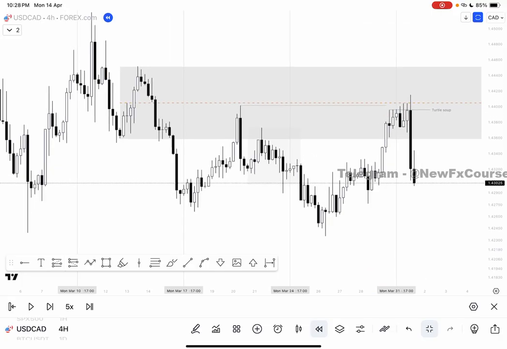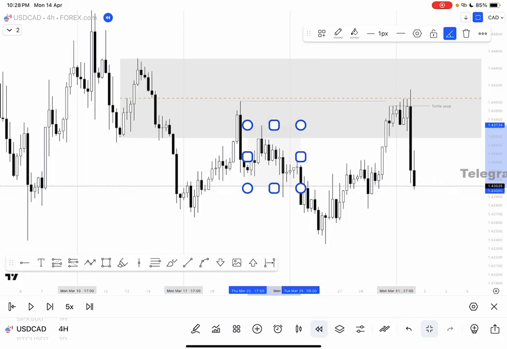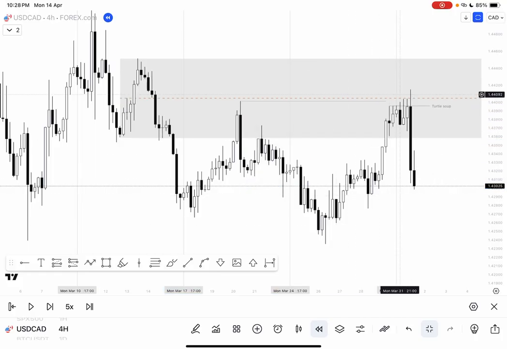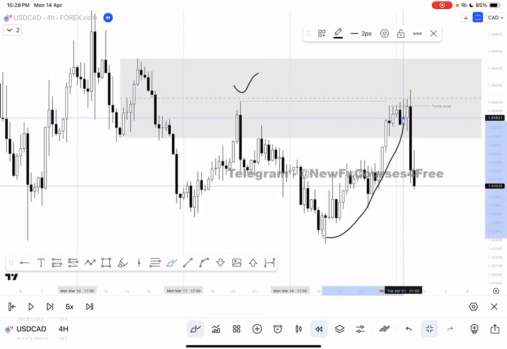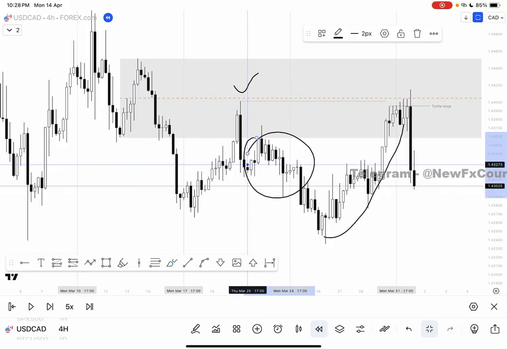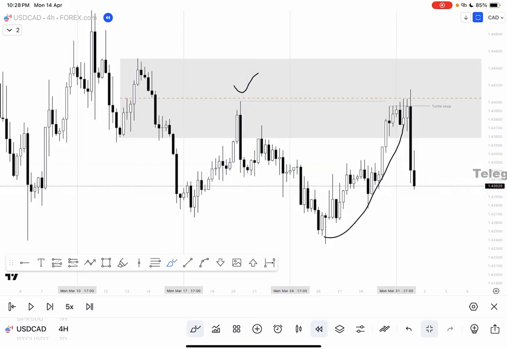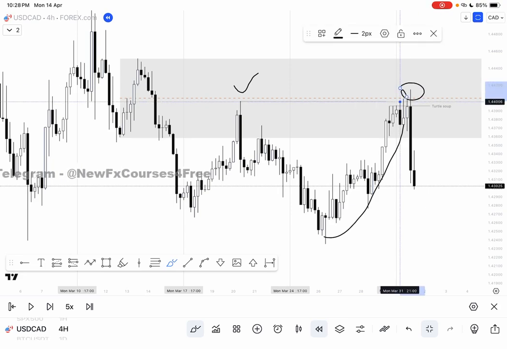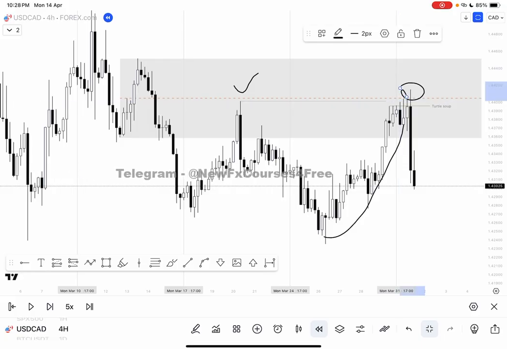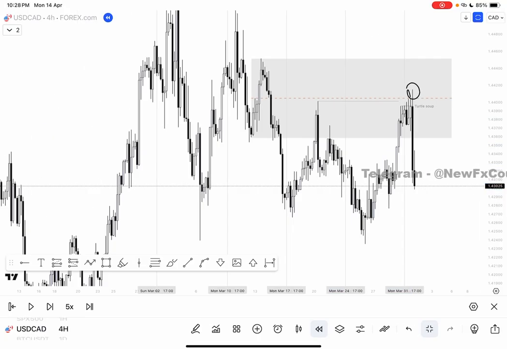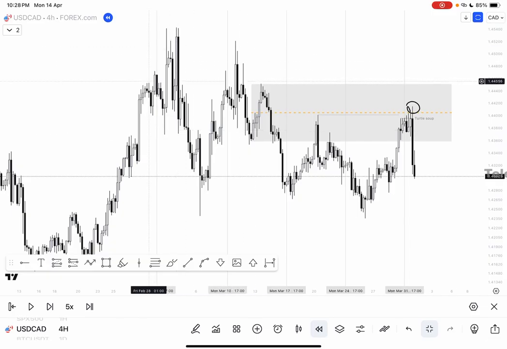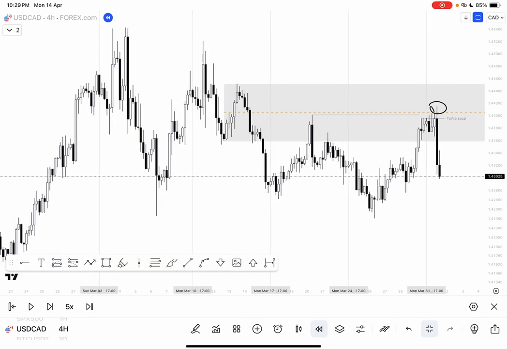And this becomes the next move. So market maker buy model completed after taking this high over here. This was the buy model and this was the original consolidation. So market maker buy model completed, then tapping on our key level, a new smart money reversal occurs because the order flow is basically bearish because we are